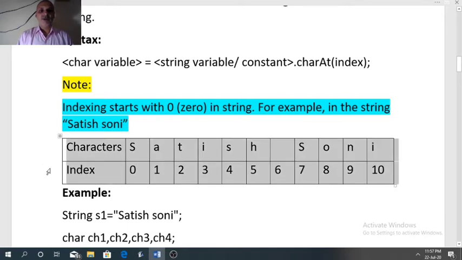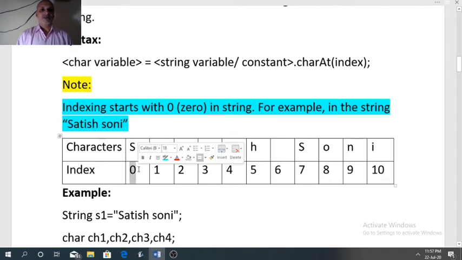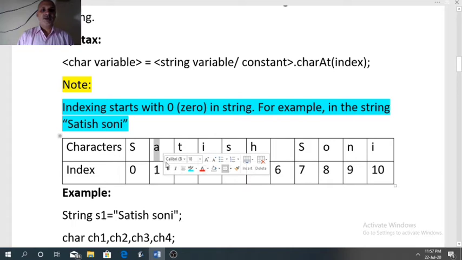With that table it will become clear to you what the index of each character of the string is. So the first character, capital S, has index 0, since indexing starts with 0. Now the next character, small a, is allotted index number 1, t is allotted index number 2, and so on.